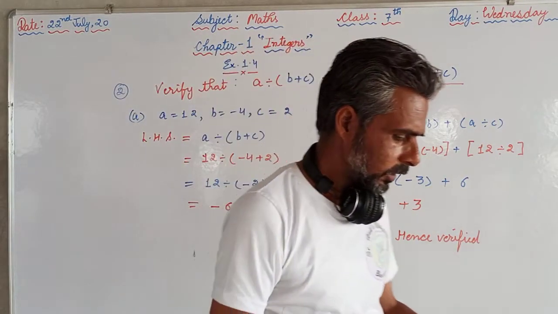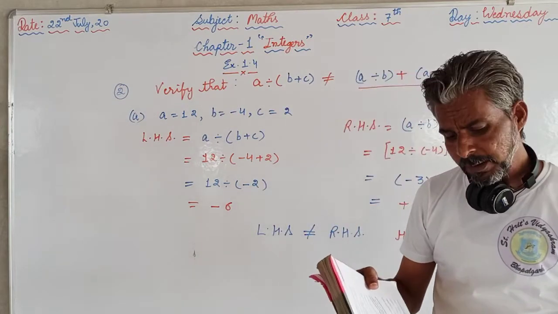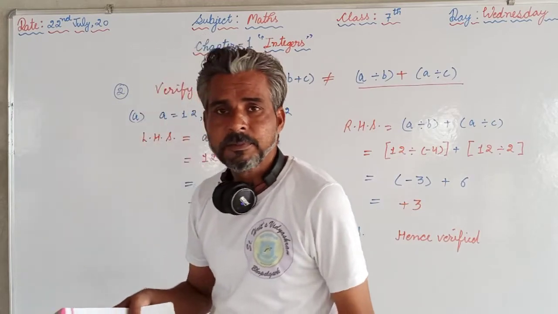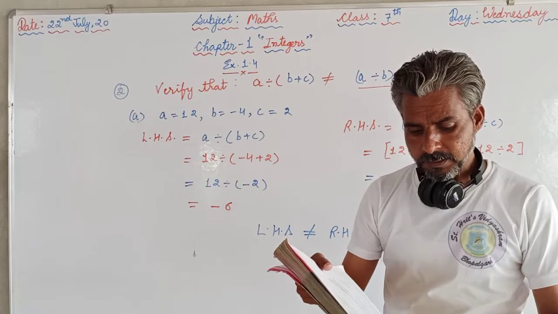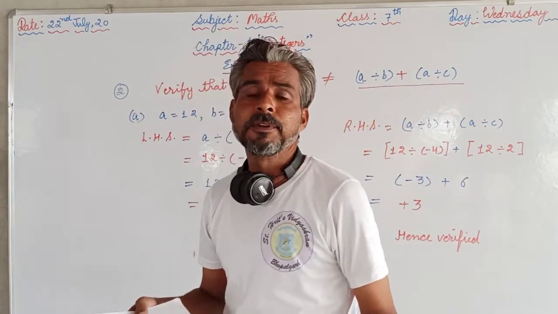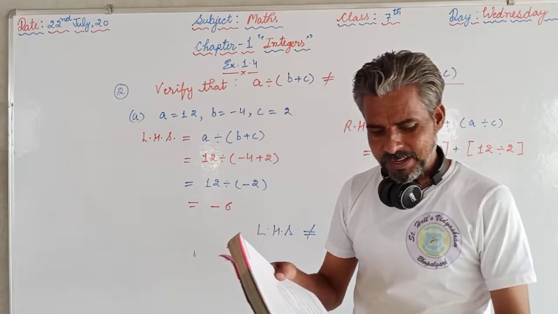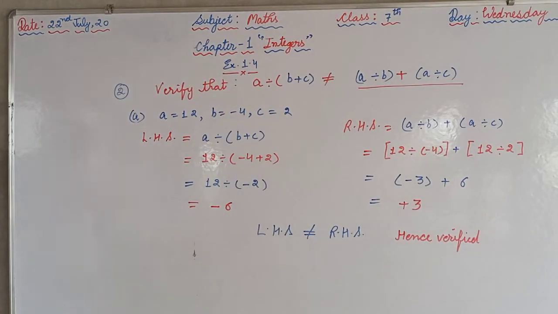Question number 3 you can do by yourself easily, because there are fill-ups. So 369 divided by which number will we get 369? That is 1 only. And minus 75 divided by which number will we get minus 1? The number will be the same but the sign will be different, and you are supposed to try these fill-ups by yourself. So we will proceed now to question number 4.